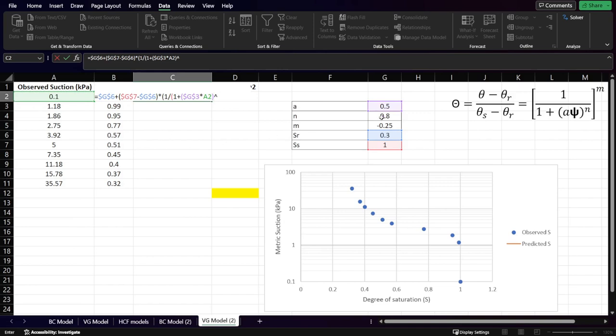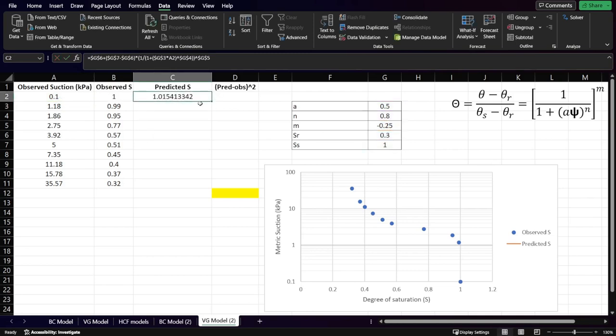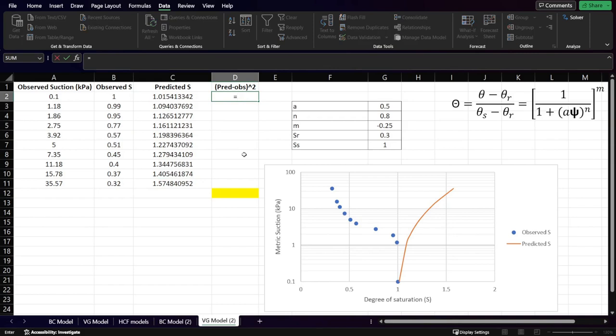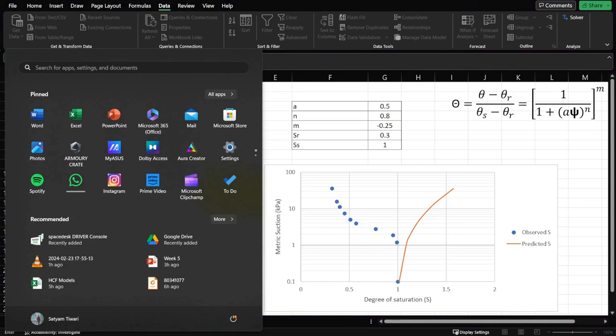Let's do power. Okay, then we'll close this one, and the whole power is to the power m. Okay, the value of m is here, and log this one also. Fine. So this is the predicted value of saturation which we have obtained, right? So here if you see, as I plot this, these values are coming here. So now if I do the same exercise as I've done earlier to obtain the predicted versus the observed value,